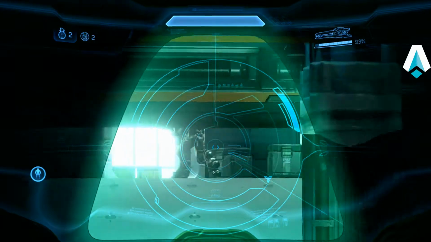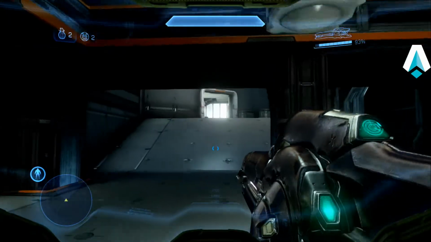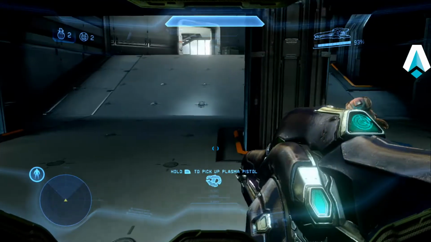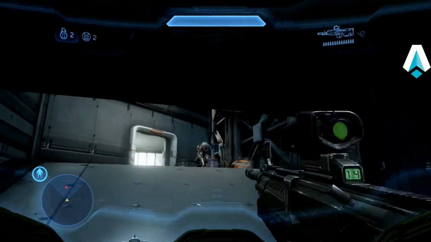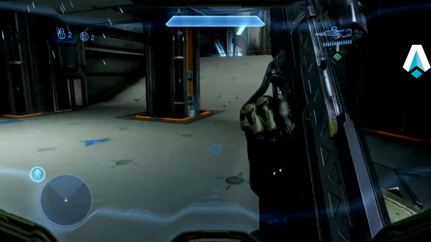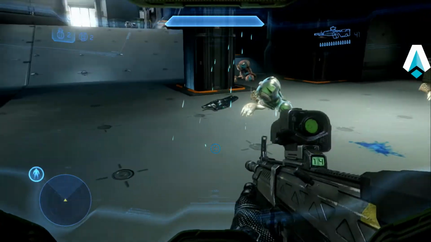Where are you, Mr. Elite? There he is. Oh, shoot. He kind of retreated on me again. Alright. Boom. Noob combo. EMP with the plasma pistol and...